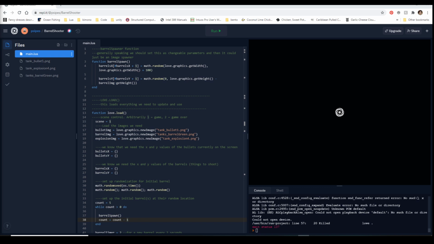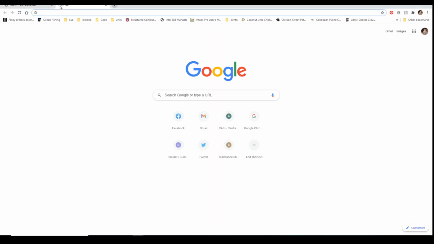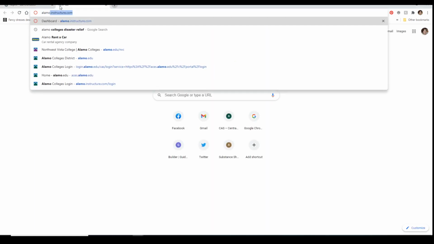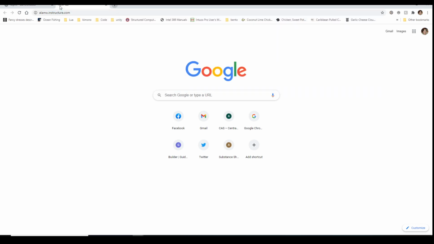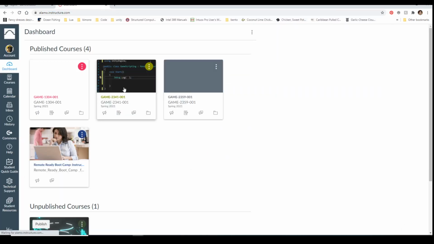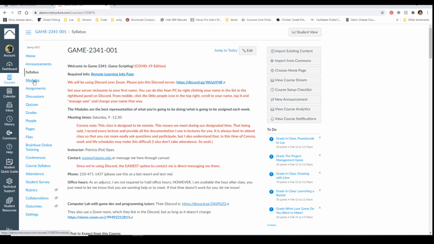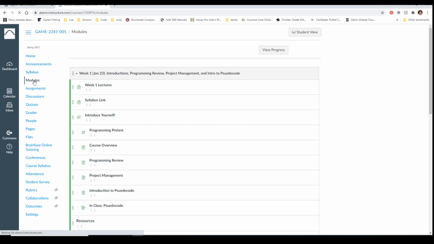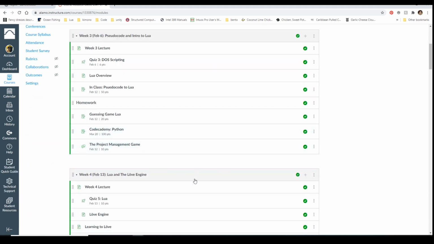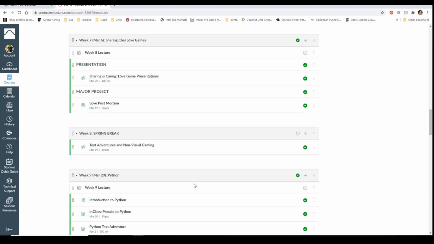What we're standing at right now is that nothing else has changed as far as the schedule goes. If you come into your modules, everything is still basically set up the same.